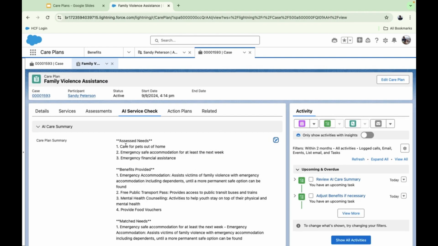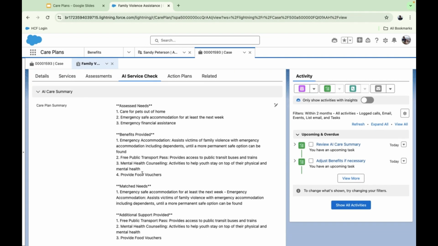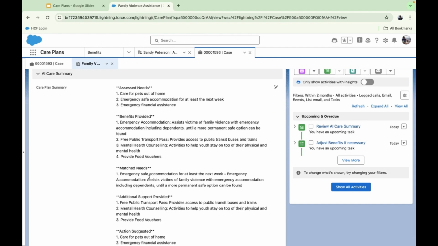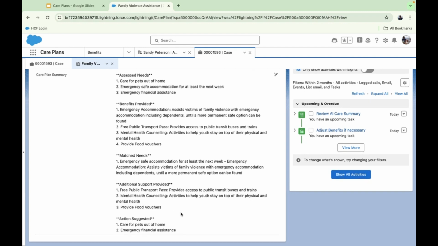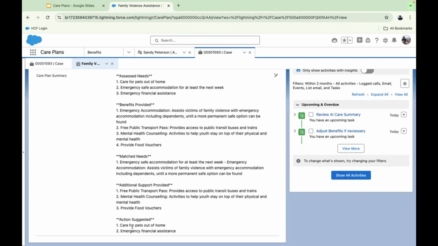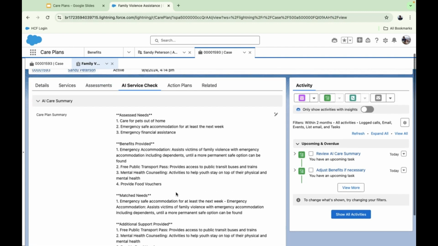And we can see here that these are the assessed needs, that Sandy needs care for a pet, she needs emergency accommodation and financial assistance. We can see a list of the benefits that have been provided. There's a match need already, so we've got the accommodation under control. We can see that there's also some additional support. So the template has given us the free public transport, mental health counselling and food vouchers, but it's also called out that there's action needed. So there's nothing that's providing for the care for pets out of home and nothing providing for the emergency financial